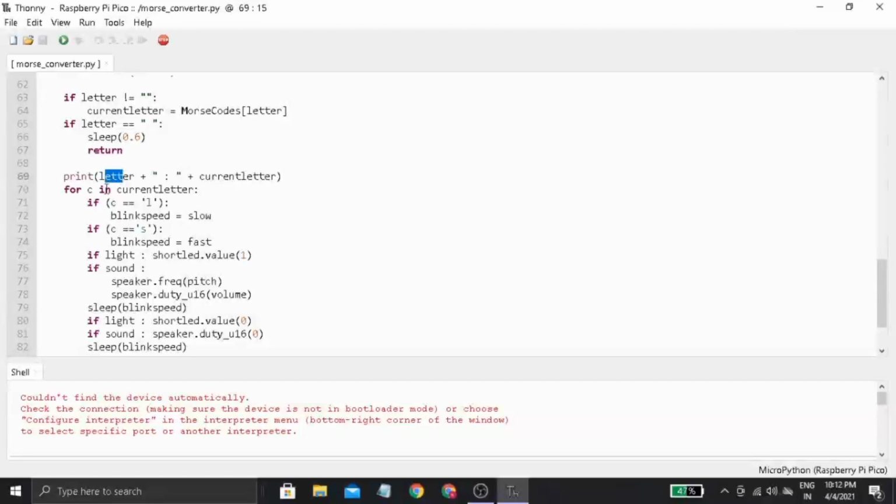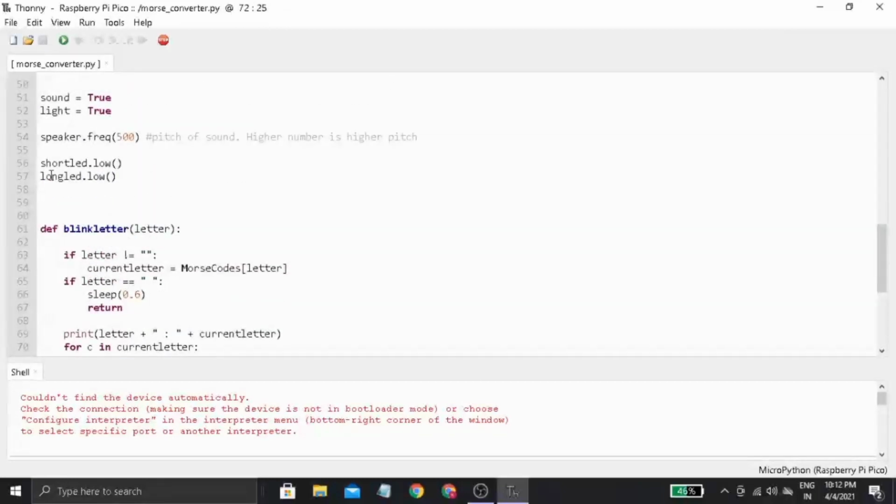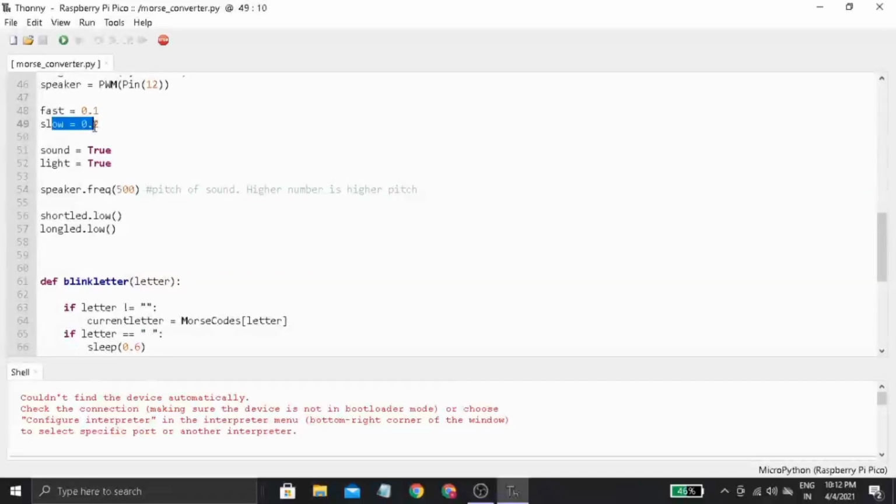Now we have got the Morse code value, so that is stored in current letter, and that is obviously a string of L and S. Okay, in that L and S combined string we will analyze it character by character, and if the character is L, then we will use the blink speed slow, because if there is a dash we will obviously give there a slow blinking speed that we have defined earlier here as slow means 0.2 second.